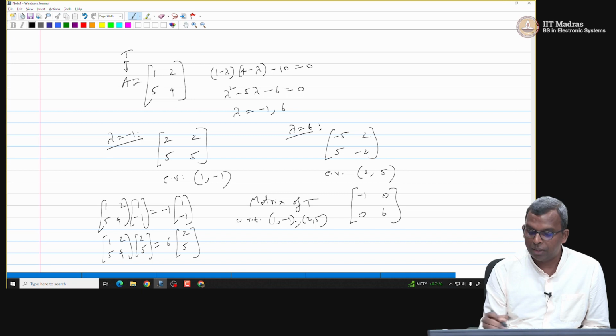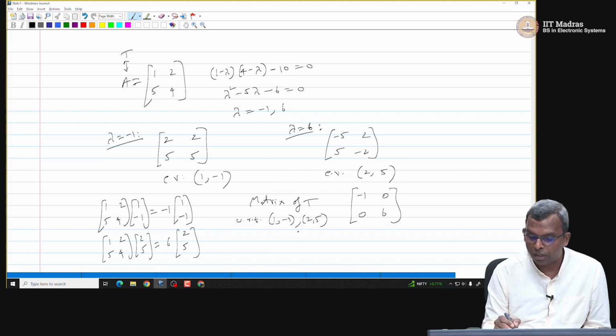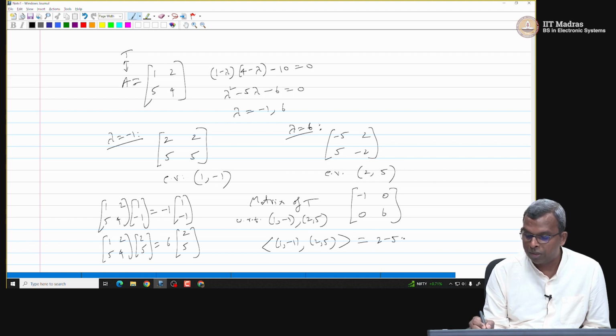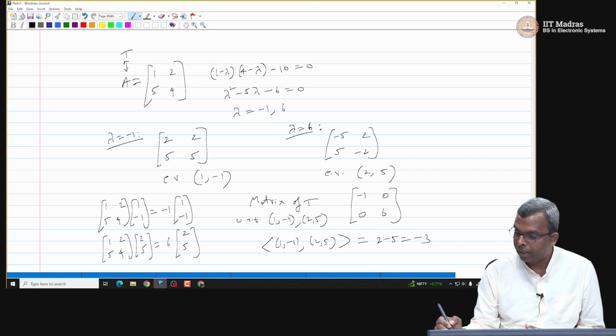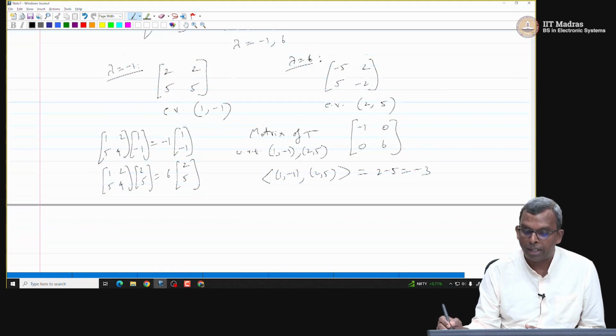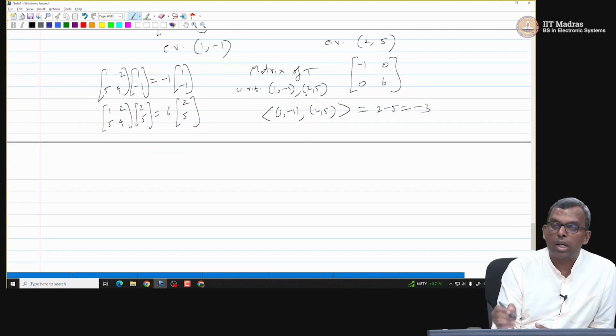Okay, but these two are not orthonormal, right? They're not orthogonal. So if you take a dot product with 1 comma minus 1 and 2 comma 5, you end up getting 2 minus 5, it's minus 3. So they're not perpendicular. So how do you get an orthonormal basis now and see what happens? You can do Gram-Schmidt on this. So, you do Gram-Schmidt